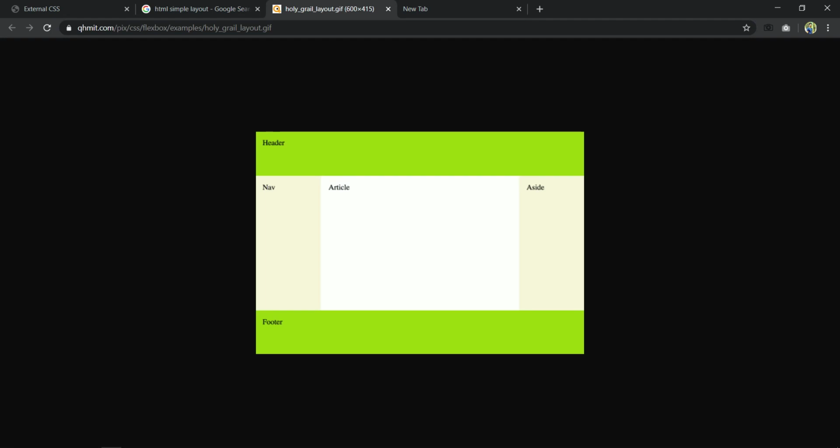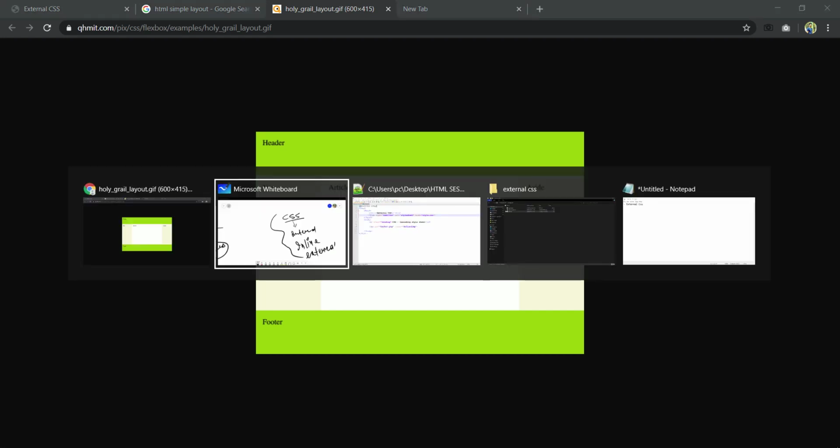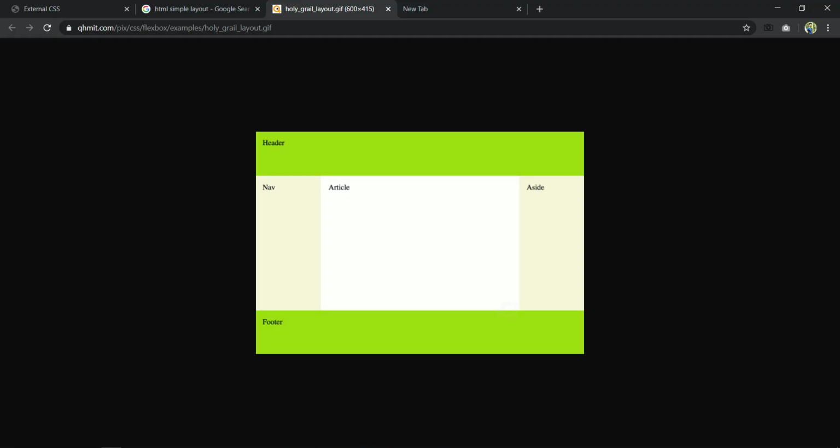Here this is the header and navigation. Here you have to put some content in the center and in the aside also, and here the footer, meaning copyright reserved by your name and whatever the year is, you can mention over here. Complete this task using external CSS. Okay, guys. See you in the next lecture, guys.